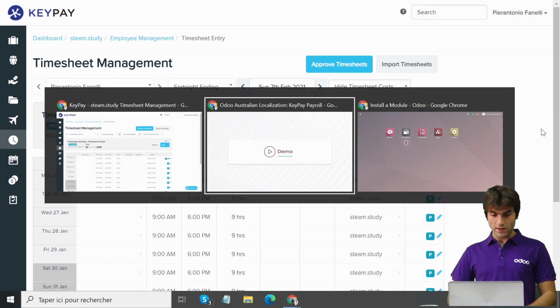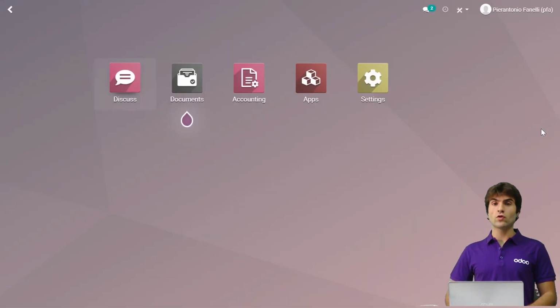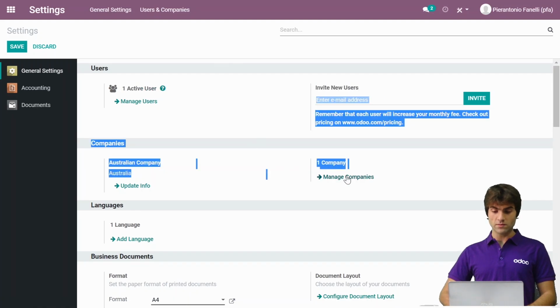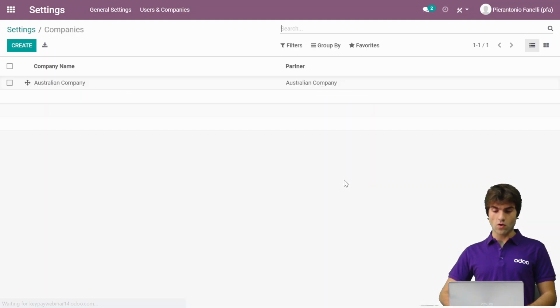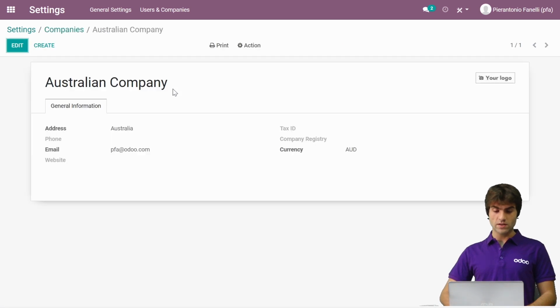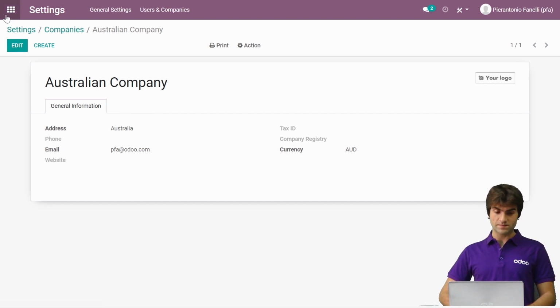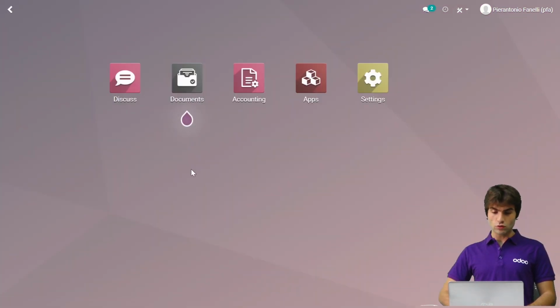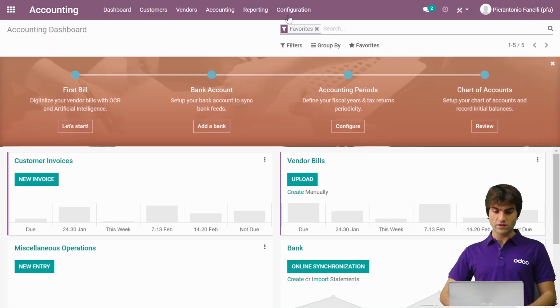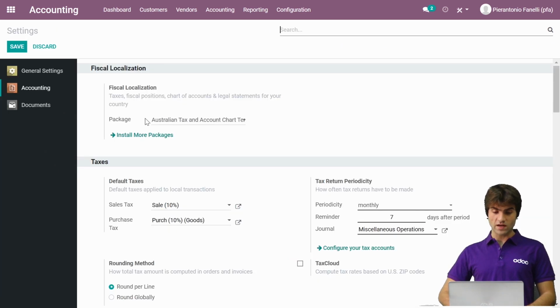Now, if we switch to Odoo, first thing we need to make sure in order to benefit from the integration is that our company is an Australian company. So we can go on our company page information and see that we must select the country as Australia, the currency as Australian dollars, and this is all we need in terms of company settings. Then we need to make sure that in our accounting, the Australian package localization is installed, fiscal localization,